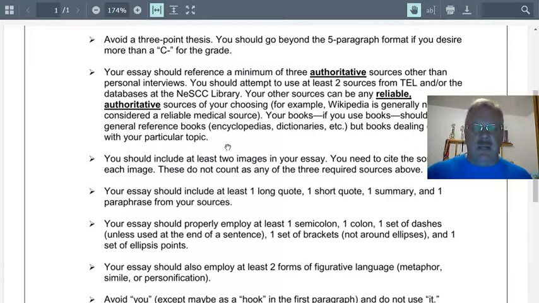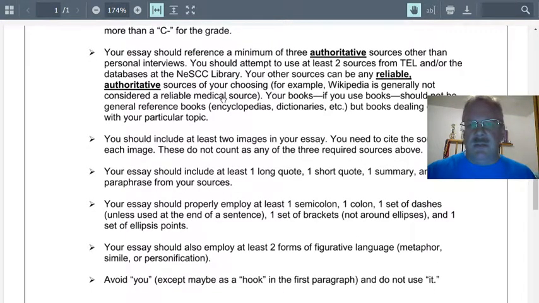Some people have nice narrow topics from the beginning. If you try and tell me someone's entire story with Alzheimer's, particularly someone who's died from it, that's going to be your first book, and we've got to figure out how you're going to narrow that down. You might end up talking about how a family takes care of an advanced Alzheimer's patient. You might be talking about the beginning of the disease, and trying to figure out how you're going to focus this down to a good, fairly short essay. I know the essays don't seem short when you're writing them, but we're still writing fairly short essays here.